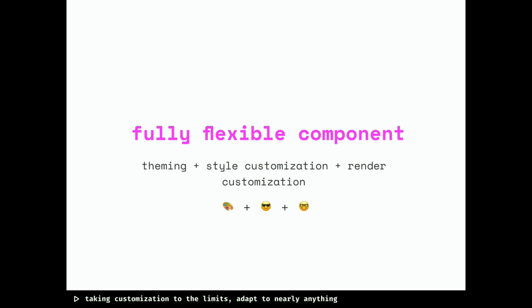And if you are able to write a component where you can change those 3 things, in my opinion, you have a fully flexible component. You can take customization to the limits. You can change content, you can change style, and you can theme a bunch of components in a UI kit, for example. So to get to know how you can achieve this, let's think for a second on how React